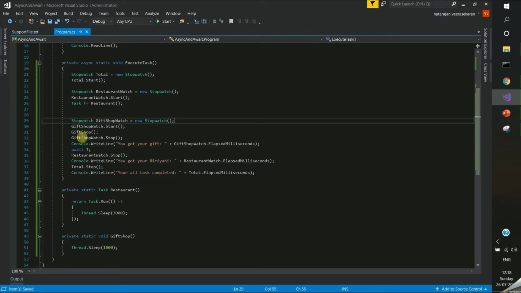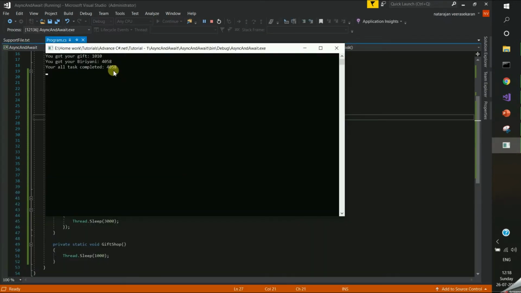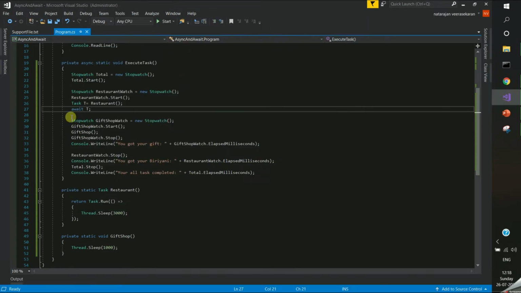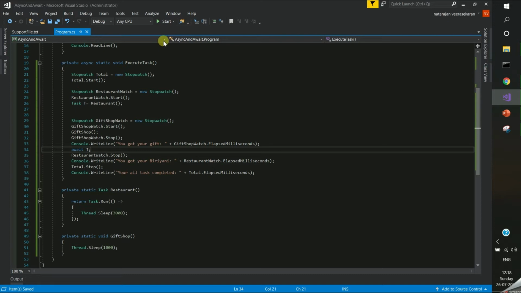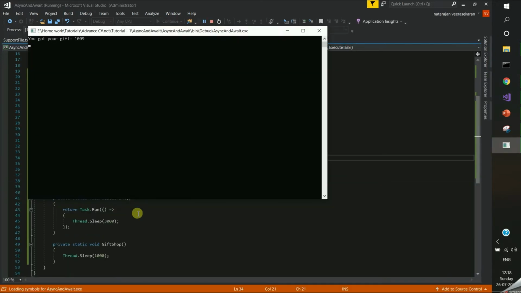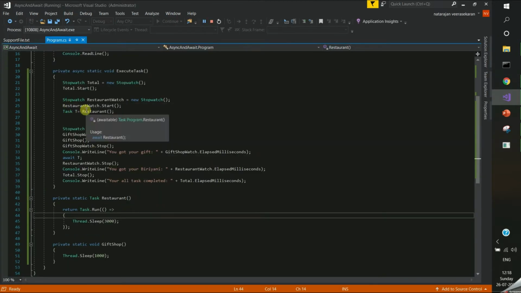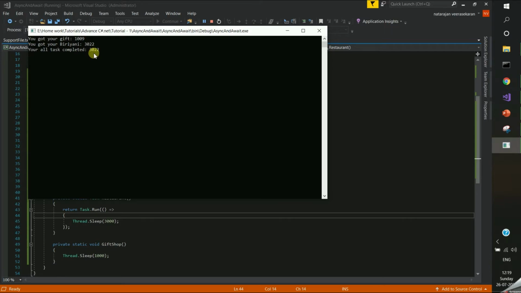Okay, are you clear? Let me show you that example. Even if I keep await right here itself, let me run. You can see again it is around 4000 something. This is the same amount of time we get in synchronous, right? So the await has to be placed in a particular order. Placing the await is very important. In that case it will start the task and execute this one, and after completing this, it will wait for the particular task to complete. Here you can see it is 3000 something.